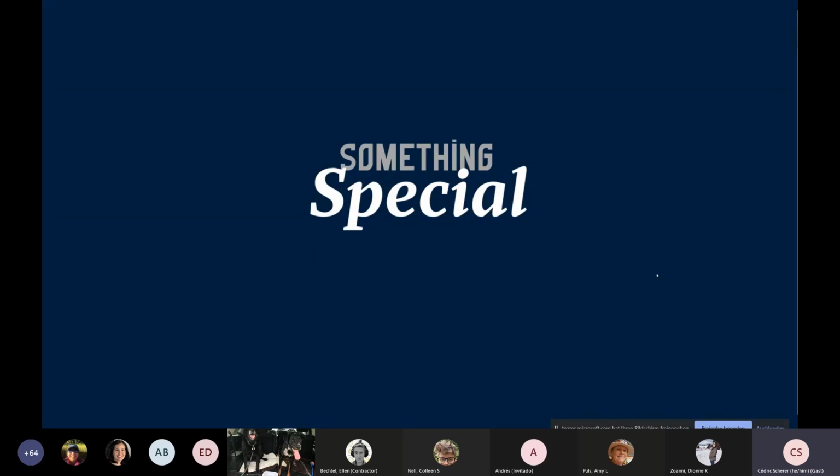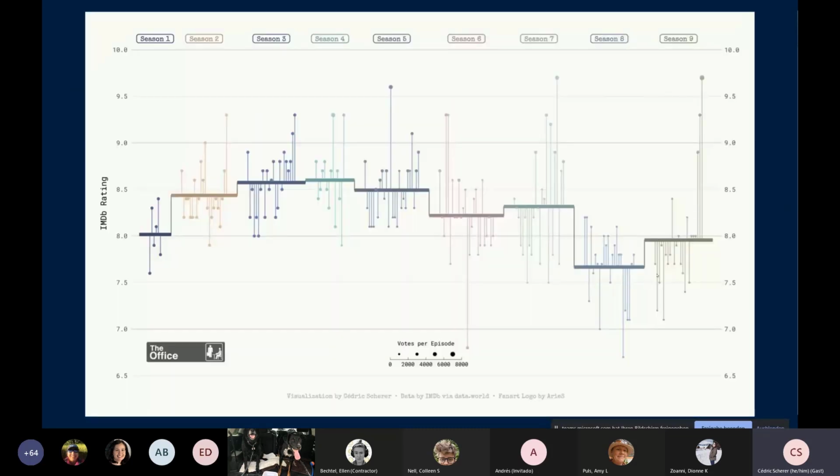And then while searching through my old visualizations, I just found two other chart types that I wanted to talk about quickly. It was also about distribution somehow, but the first one is this, I still don't know how to call it, lollipop waterfall combination. The horizontal lines show, in this case, I'm not even sure now, should have written this somewhere, the mean rating, I guess, of each episode of The Office.